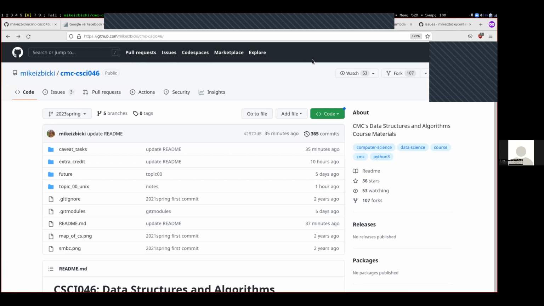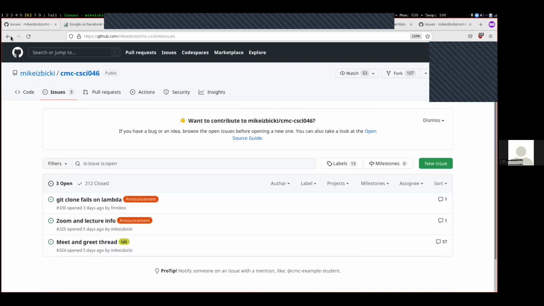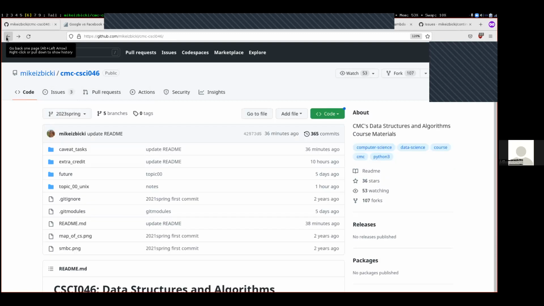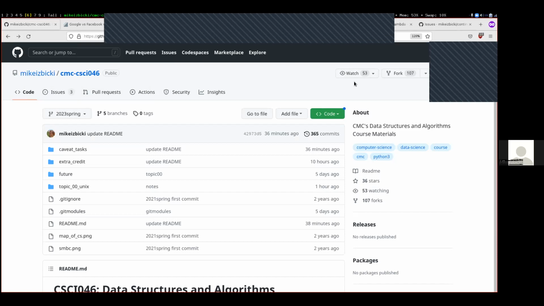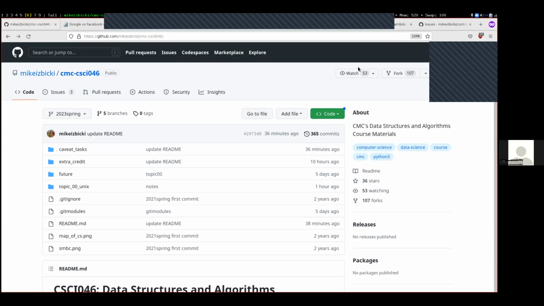again. So here I have opened up the class repository in Firefox. So the CMC CSCI 046. And up here in this watch button right here, I can see that there's currently 53 people watching this course. One of those is me. But if we go on to the, well, I don't even need to go to the issues. I know that there's 60 people registered for this class. And so that means there are at least 8 people who haven't clicked the watch button up here on the